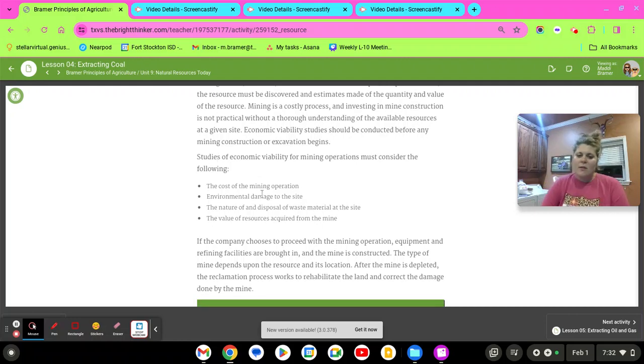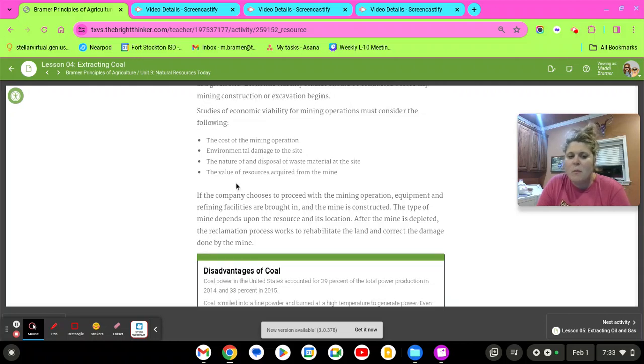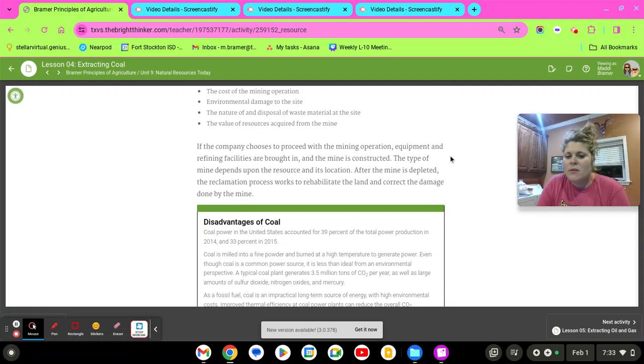Studies of economic viability for mining operations consider the cost. How much is it going to cost them? Are they going to come out ahead? It is a business. Environmental damage: is it going to destroy the site? The nature of and disposal of waste, and the value of resources acquired from the mine. What are they after? If the company chooses to proceed with the mining operation, equipment and refining facilities are brought